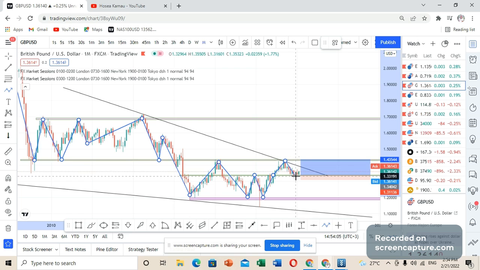We had this move to the upside, a move to the downside. So what am I currently expecting? You can see that I've placed a long position because I'm expecting that the market is going to reach this particular level, and have a retest of this particular point of trend